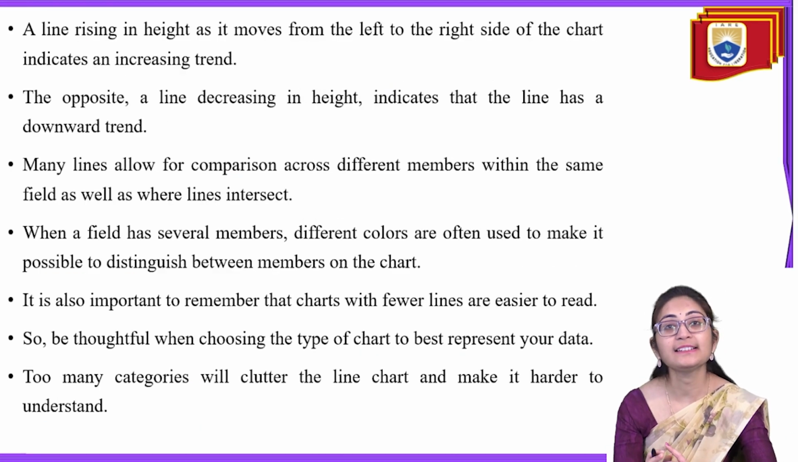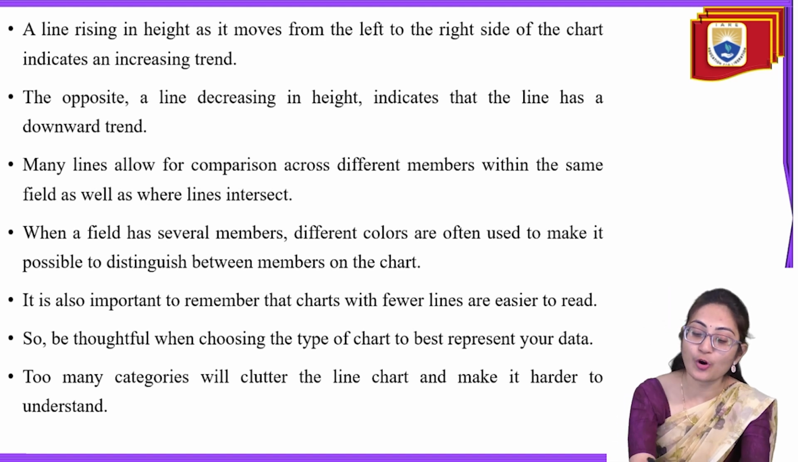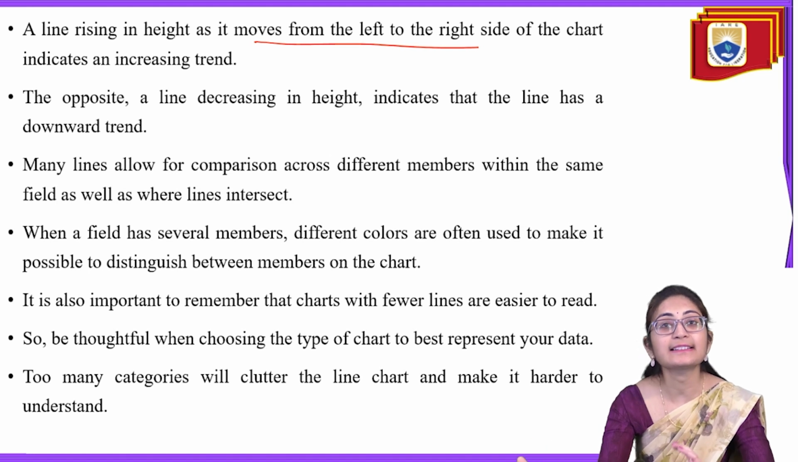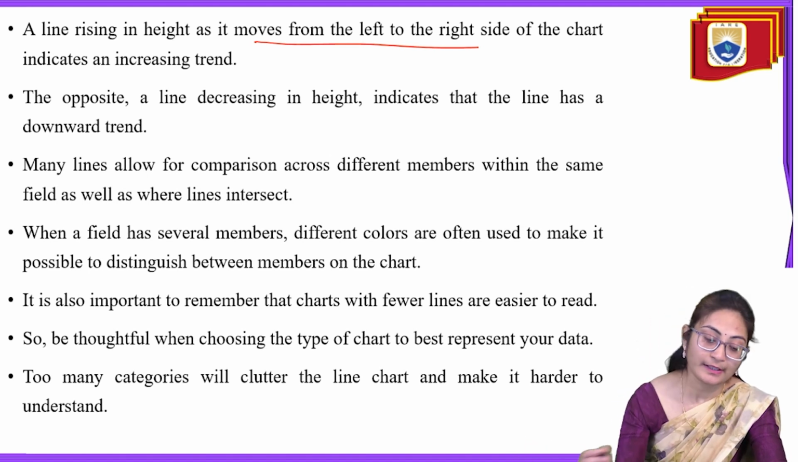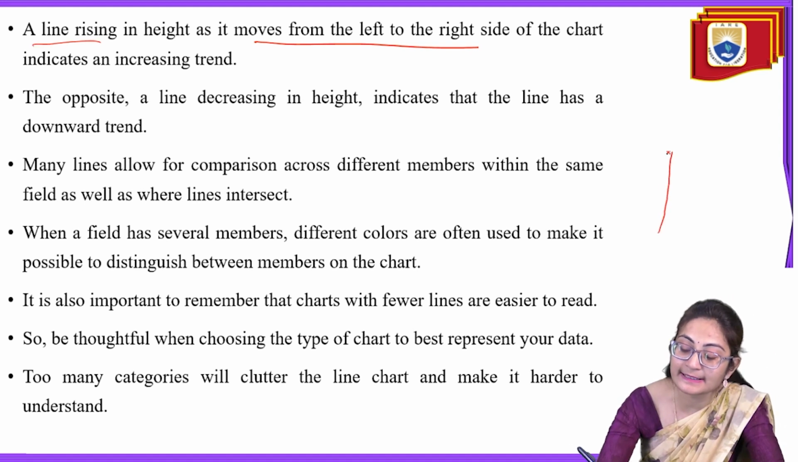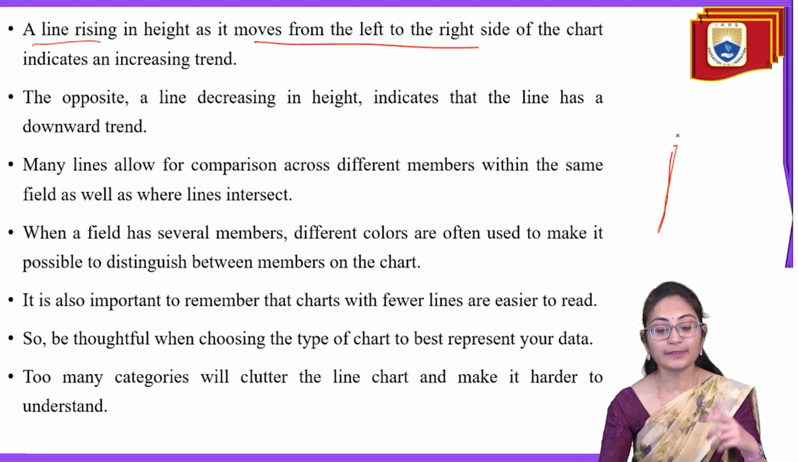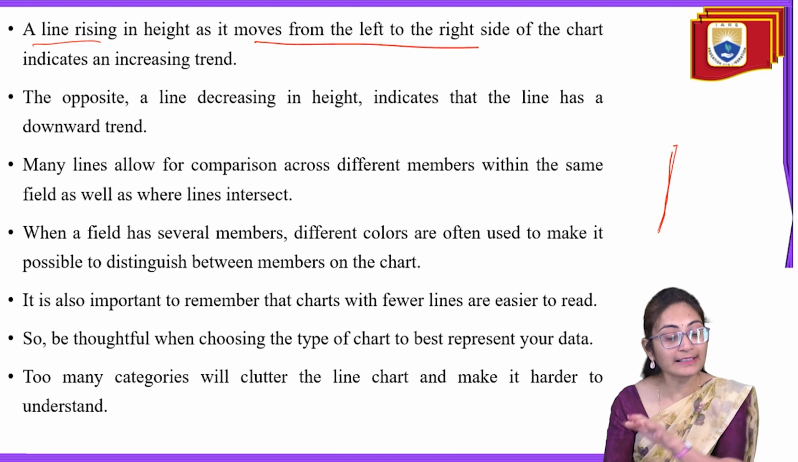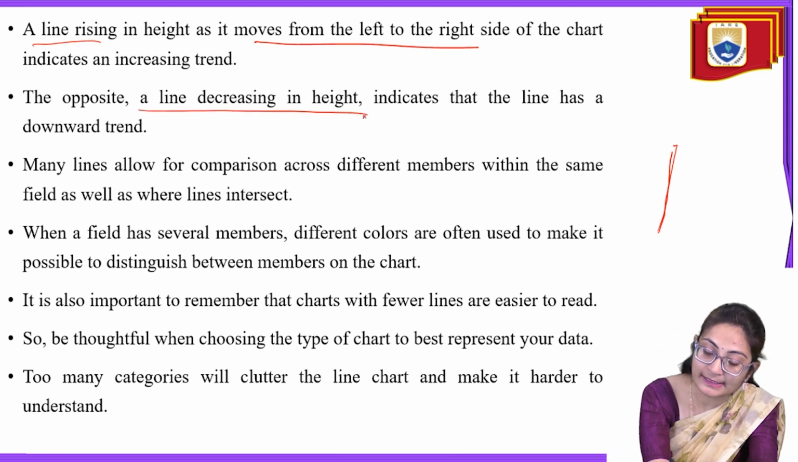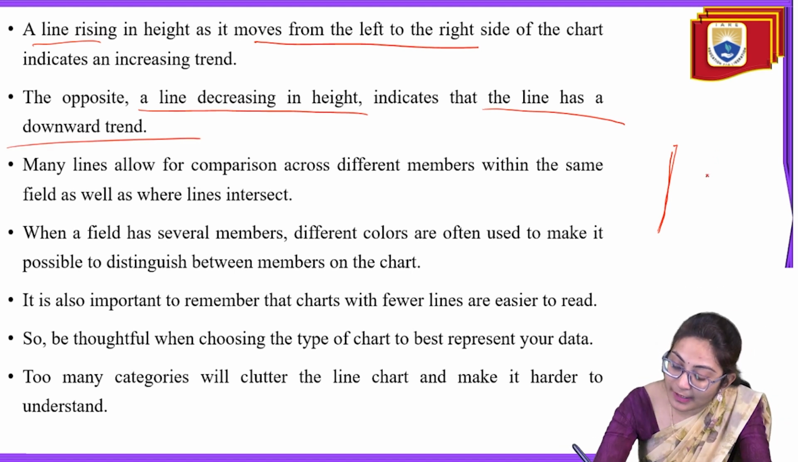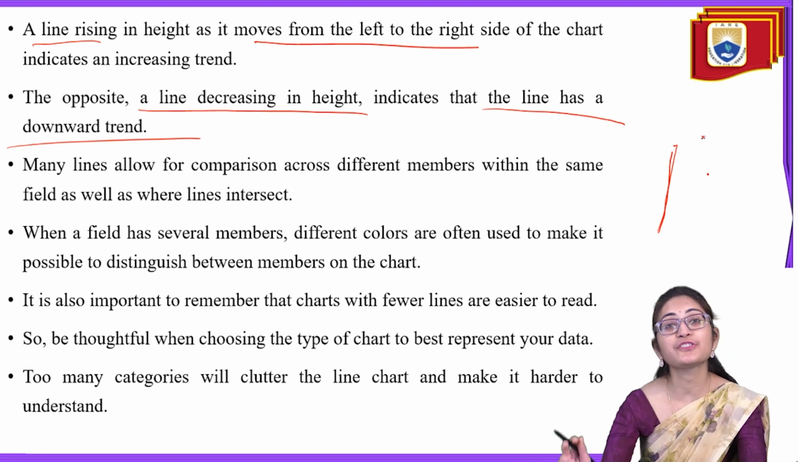And if the line is rising in height as it moves from left to right side of the chart, that indicates an increasing trend. So definitely if your line is rising, it is showing that your trend is increasing. Opposite, if the line is decreasing in height, it indicates that the line has a downward trend. And if the height of the line is decreasing, at that time we can consider your trend is in